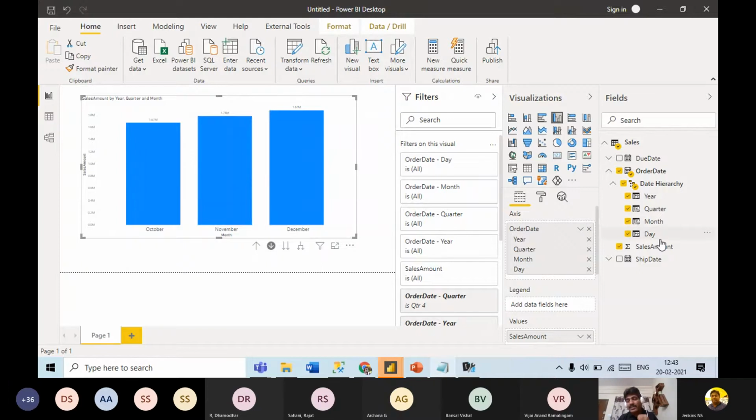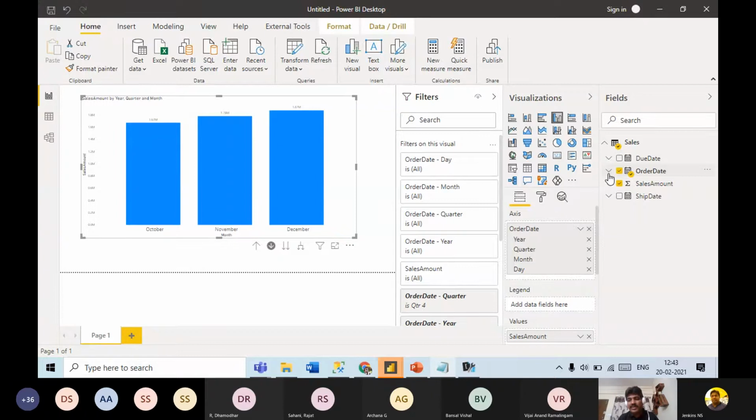Okay, so because of that reason, it is advised that you use your own calendar table, and most of the organizations have their own calendar table in their BI environment. So it is better to import those calendar tables and use them instead of using this. And this usually bloats up your model by adding the hidden table for each of the date columns. So it is like all or none kind of thing.